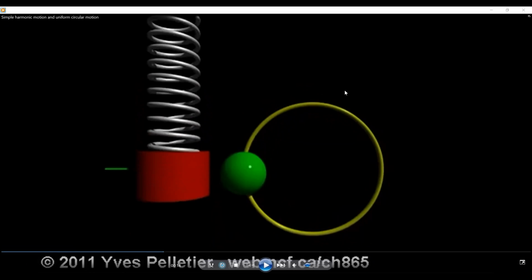You will see two different objects on the screen right now. The one on the right is something that is following circular motion. You can think of this as the rod on your turntable. And then the diagram on the left is showing a mass spring. This one, you can assume it to be following simple harmonic motion. Okay. So if I start to play the animation, you just look at how the pendulum bob moves up